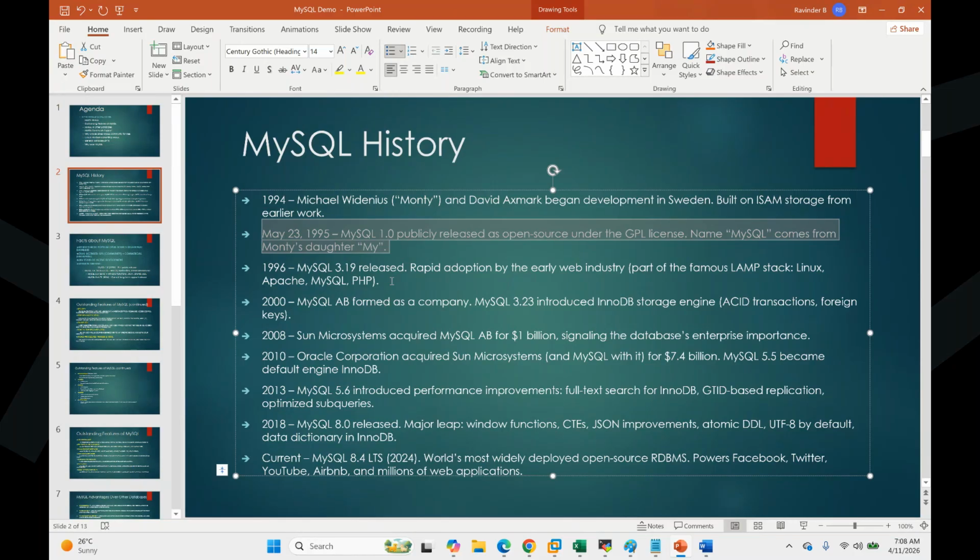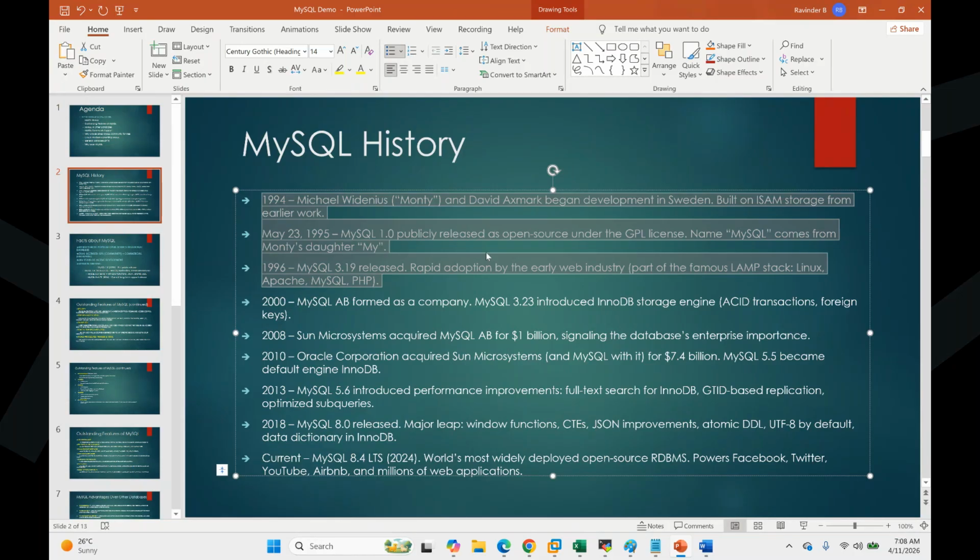But anyway, since it started, it is open source only. Anybody can use it as free software in any of the companies. But they have given two kinds of licenses. MySQL AB also gave MySQL Community Edition at free of cost. But if you're using this software in any other third party software, and that third party software's source code is not given to the market, they have to pay money.